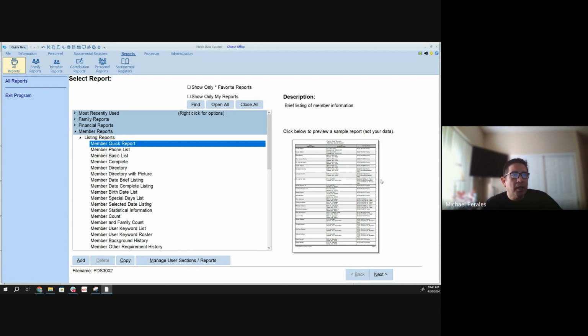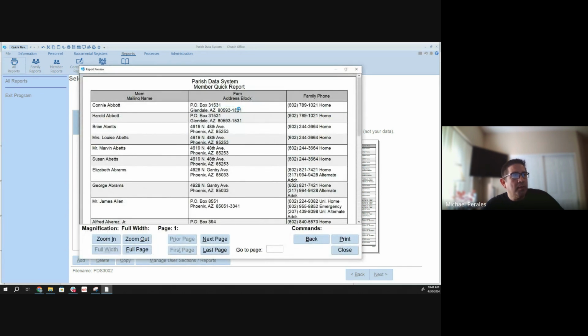If you look over on the right-hand side, all reports are going to give us a preview of what that report looks like if we ran it. If you're not familiar with the report and you want to see what it might look like if you choose to run it, just click on that image and it'll display what that report should look like. Now, it's going to give you names and addresses that are not yours. It uses a sample set of data to quickly display data in these reports